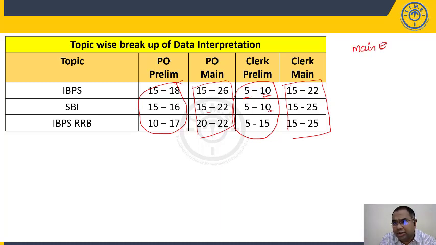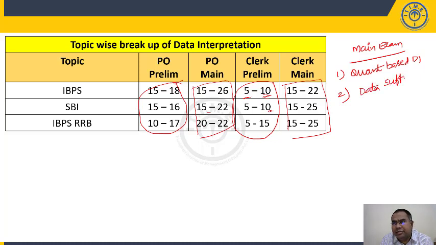The second thing which you need to observe is that these days, two new question types are generally asked in main exam. One is called quant-based data interpretation, where your quant topics like profit and loss based DI, mensuration based DI, probability based DI, time and work based DI, time, speed and distance based DI. Second, a data interpretation set is given, but questions are not based on data interpretation but on data sufficiency. Data sufficiency based DI means data interpretation. These are two new question types. Also, the level of difficulty is more when compared to your preliminary examination.